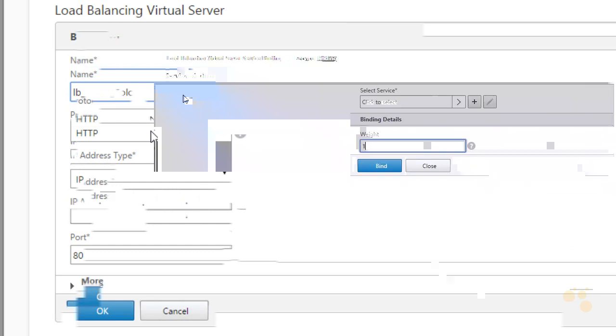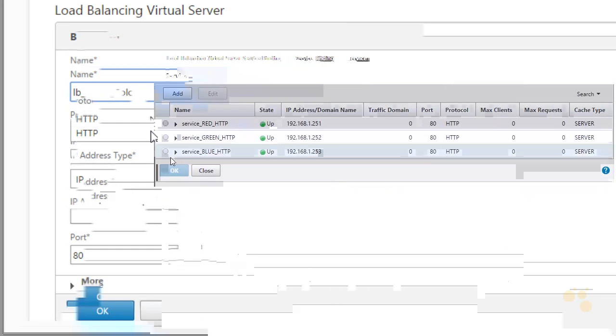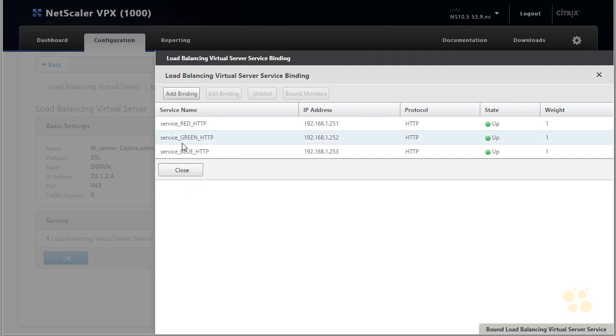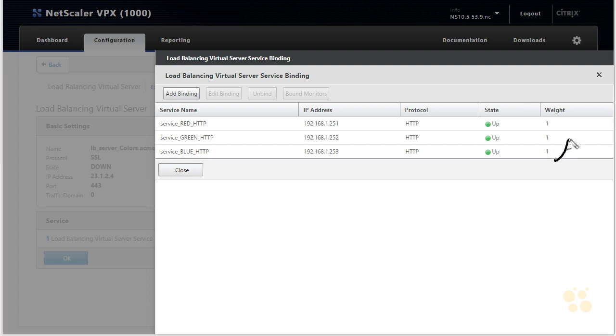More by clicking add binding, click to select, we'll click on blue, click OK, click bind, and now we have all 3 of those services bound to this virtual server. Also, as a point of interest, the default weight for each of these is a 1. The protocol between the NetScaler and these servers is going to be using HTTP, and these